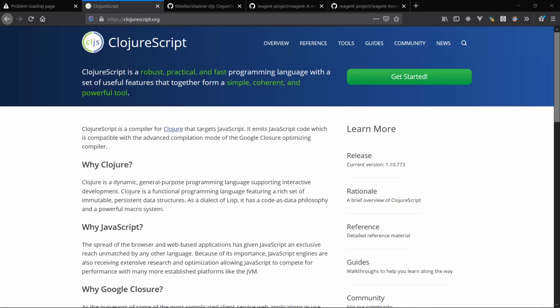Hello everyone. Today in this video I'm going to be writing a bit of ClojureScript. I want this to be a very gentle introduction to the Clojure and the CLJS ecosystem. I will try my best so that you can follow along even if you do not have any prior understanding of Clojure. So my main goal is to get you this visual feel of what it is like to write